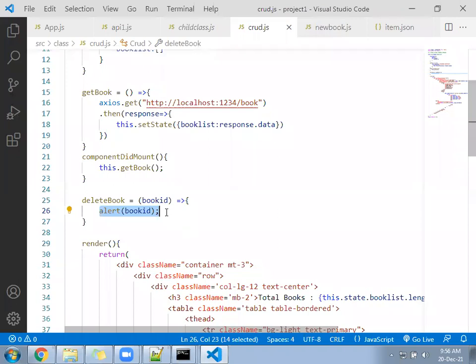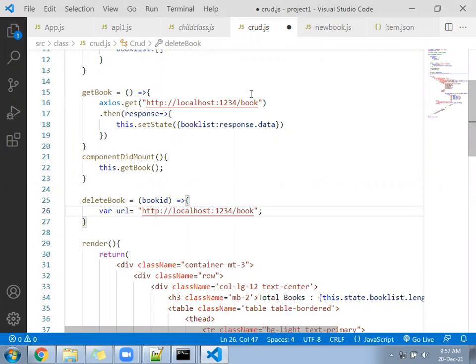Backend will capture your URL using the delete method, and then it will delete from the database, from the JSON server, the JSON file. So for that, let's create the URL first. This becomes your URL.